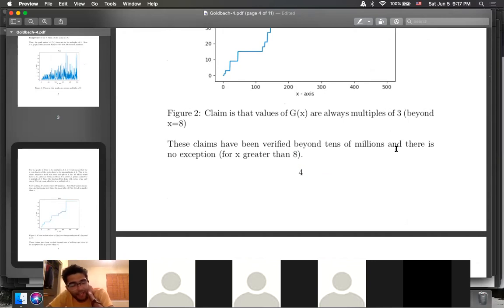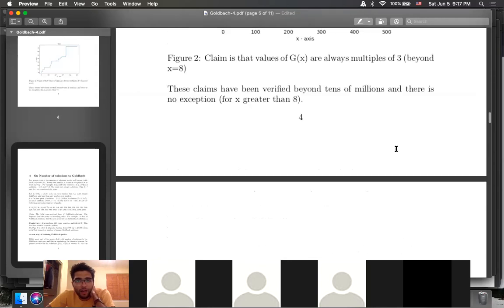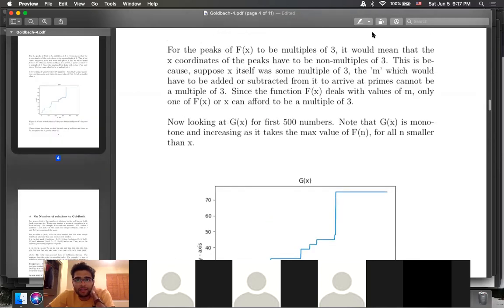So the record-breaking numbers are always multiples of 3, the gaps for those primes which add up to form the even number, which is a solution to the Goldbach conjecture. Okay, so that is what I wanted to discuss